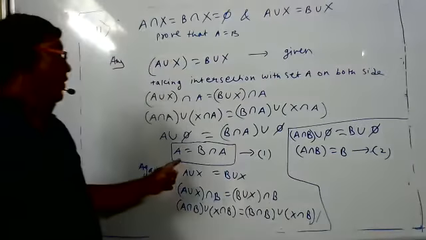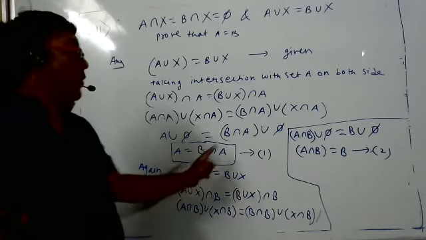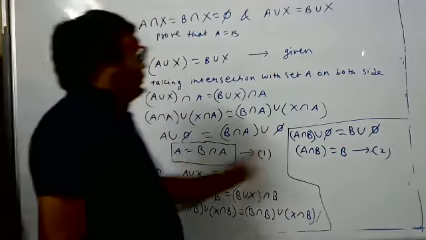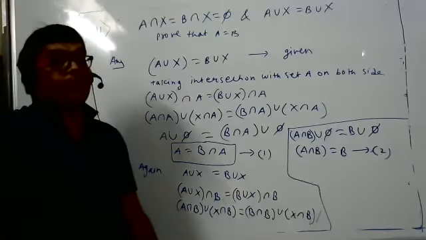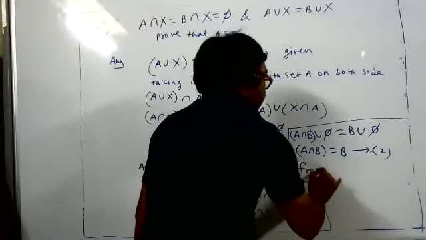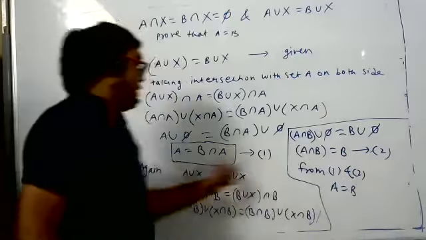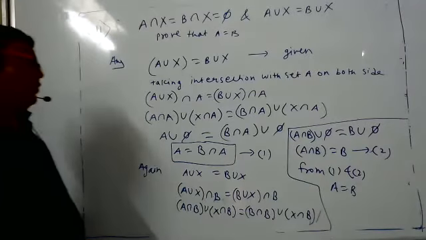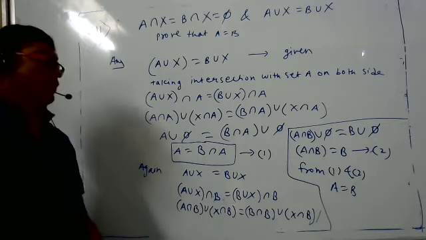First equation, what is the information? A is equal to A intersection B. From the second equation, what is the information? B is equal to A intersection B. A and B both are equal to what? A intersection B. In very lower classes, you have learned that two things which are equal to the same thing are equal to one another. From first and second, what can we say? A is equal to B. Yes or no? Yes, sir. Two things which are equal to the same thing are equal to one another. A and B both are equal to A intersection B. So A is equal to B. Still doubt, girls? No, sir. Good.